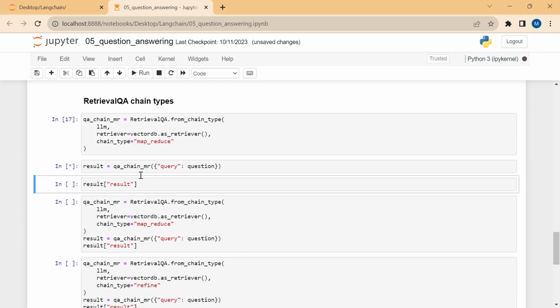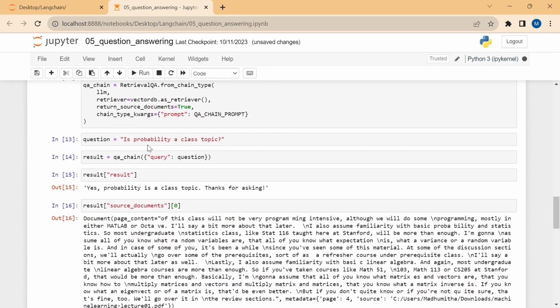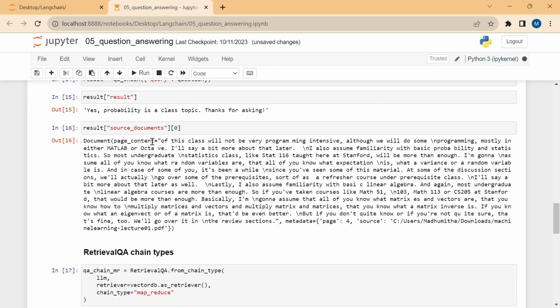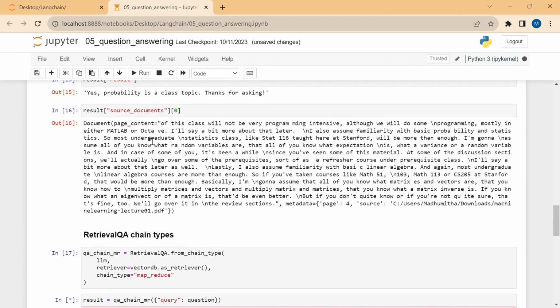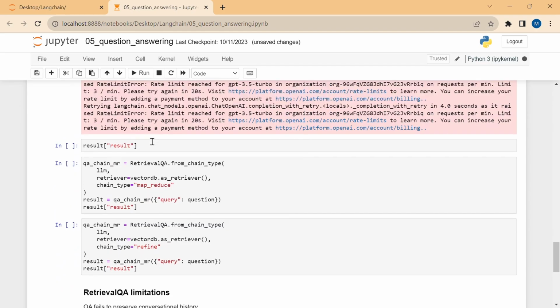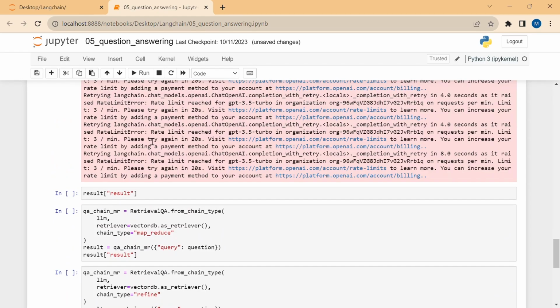The question is the same everywhere, but the answer might differ according to the chain type, because the MapReduce chain is not a small one. It is the biggest one compared to a normal chain. Here we were just using a normal chain, but the MapReduce chain is comparatively huge. So we may get a warning, just ignore it. We'll get the output in the end. Let's wait for the model. Okay, we got the output.